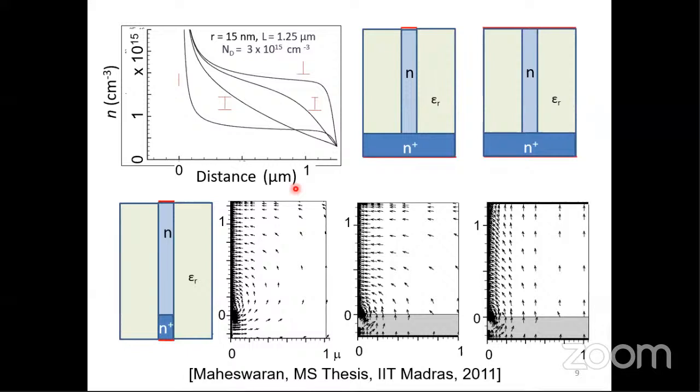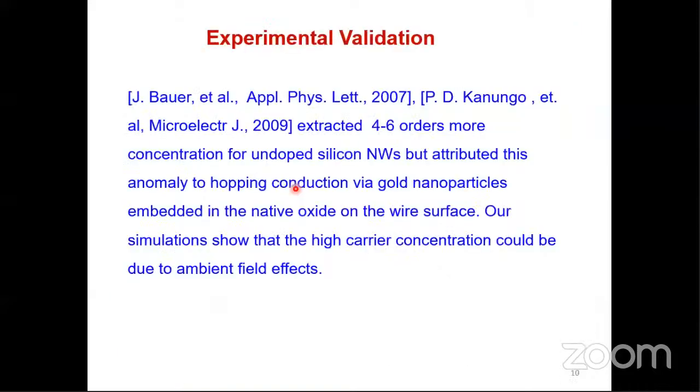So this can be advantageous or disadvantageous. Somewhere contacts are not required to be extended, but they get extended for some reason. That will affect the carrier concentration and hence the characteristics of the device. Now this is a crucial point. We had done this research. Other people were saying other reasons for getting the higher concentration in nanowire. So we have shown that actually in the nanowire higher concentration can come from nearby heavily doped regions itself.